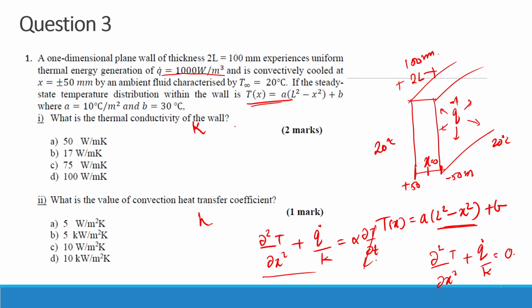Similar to the previous question, you have to use this temperature profile over here, and on the basis of this you will be getting this term q dot, and from that you will be getting the value of k. Then you can just use this energy balance across the surface, that is, the heat conduction is equal to heat convection,